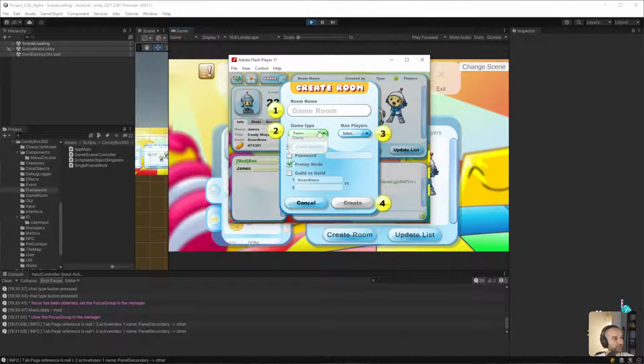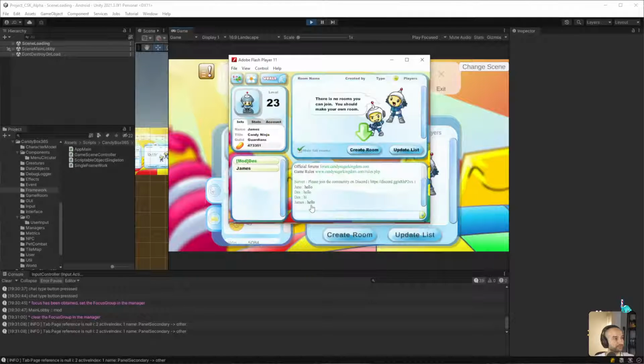I want to change this stuff to be more friendly with the game controller. The room name doesn't matter, really. I want to be able to just navigate through it with the controller and just go create room, just as easily as you would any other way.